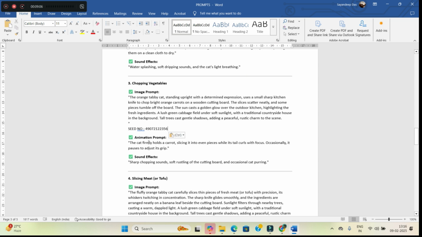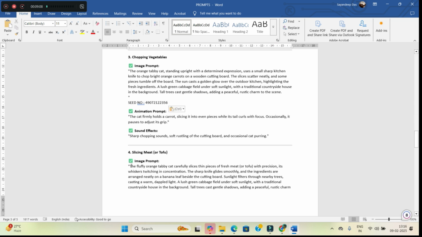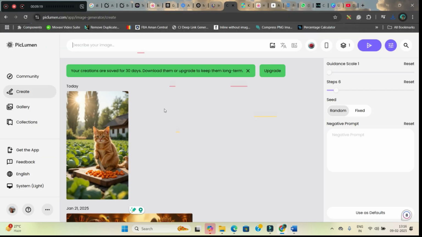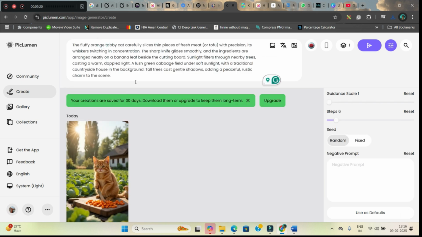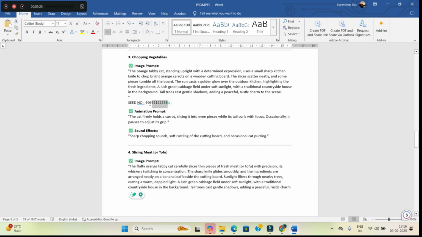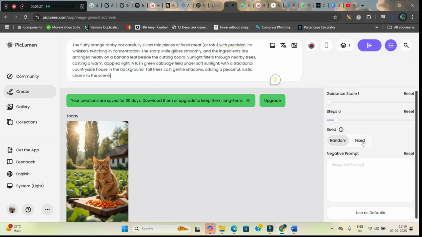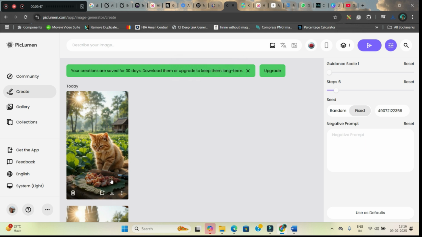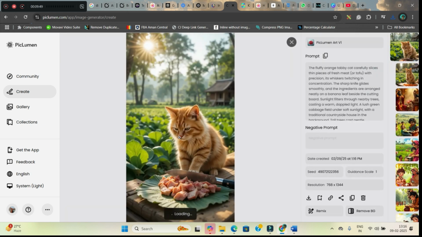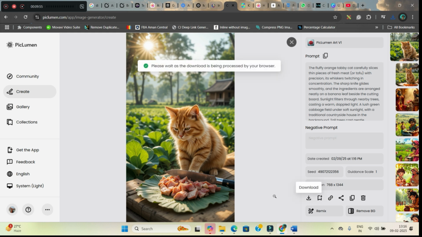What I need to do is copy the image prompt we have generated from ChatGPT, and from here we will be copying the seed number, come here, go to fixed seed number, and give the seed number. Remaining other things will remain the same, and hit generate. Great, isn't it? See, the cat looks exactly the same, the background looks exactly the same, only the subject matter has changed. So if you like it, you go ahead and download.